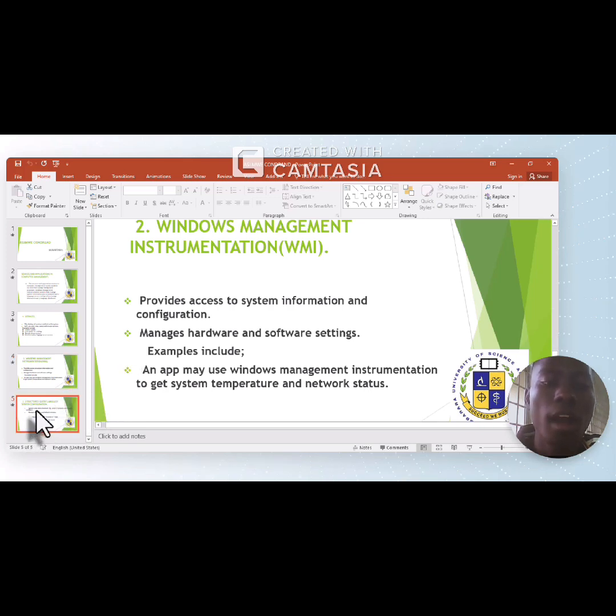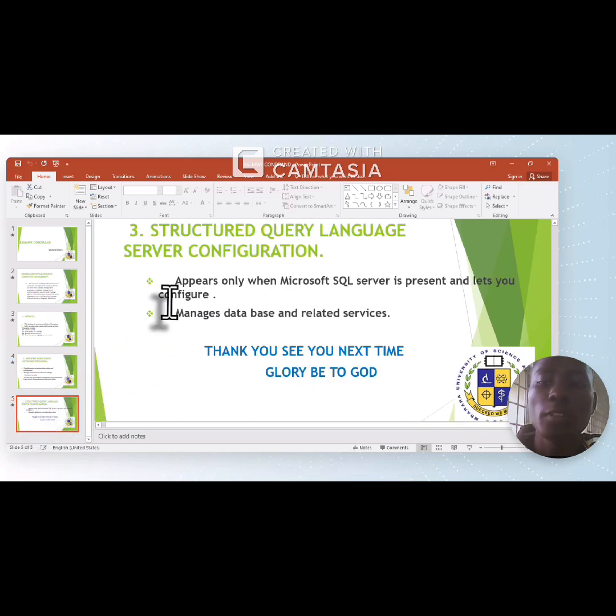So our last tool for today in services and applications in computer management is the Structured Query Language server configuration, the SQL. This appears only when Microsoft Structured Query Language server is present, unless you configure it. It also manages databases and related services. So with those few tools in services and applications in computer management,